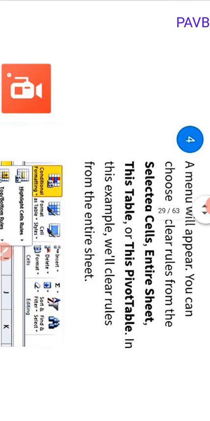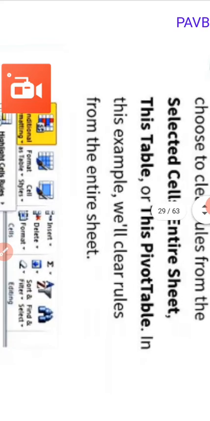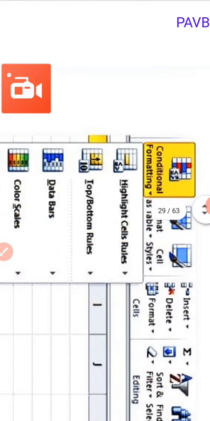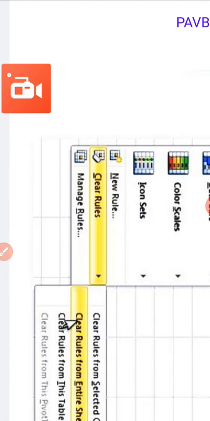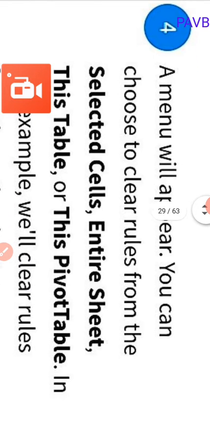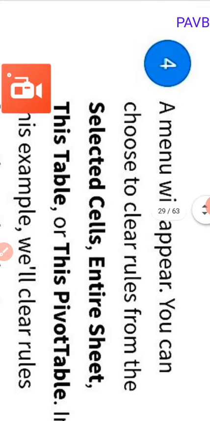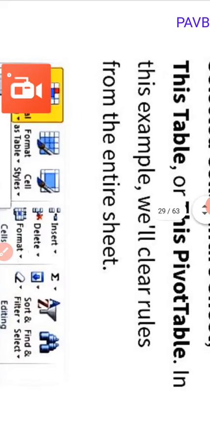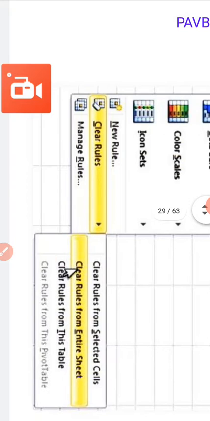We can choose to clear rules from the selected cells, entire sheet, this table or this pivot table. In this example, we will clear rules from the entire sheet.